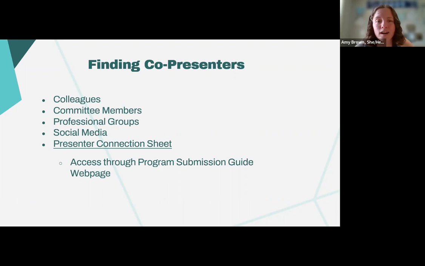The easiest way to find a co-presenter is to look at the colleagues at your institution, or potentially colleagues that you've had at past institutions. These are great people because you already have that relationship typically with them, so you might be a little bit more comfortable presenting with them. And you can also share unique things about your institution or practices that you've done together, and it really allows for that natural flow with the topics.